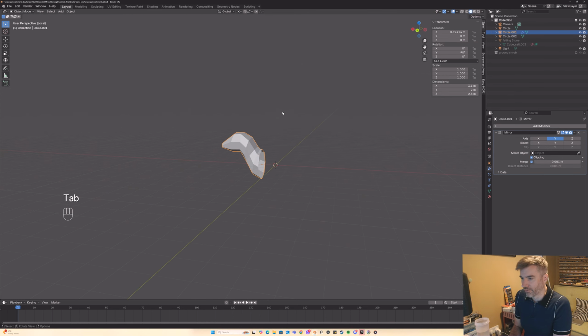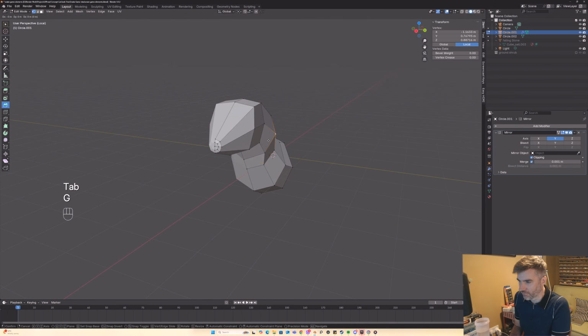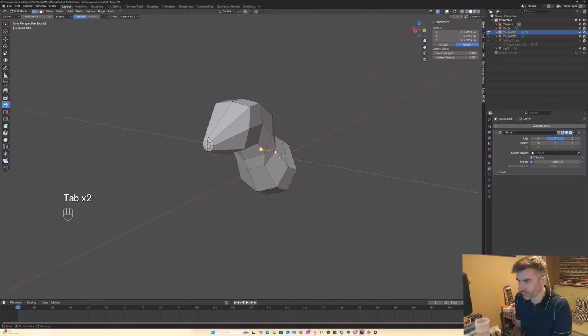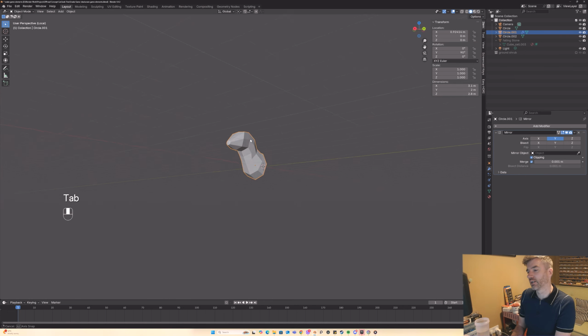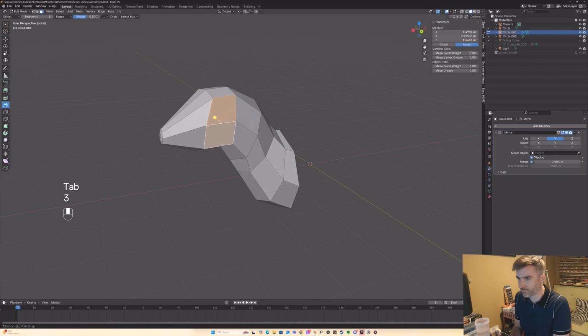And definitely the sensible thing to do would have been to get my reference and work on top of it. So I suggest that you find a nice 2D side view of a snake to work on. I think we're getting kind of the ballpark shape. And now I want to make an eye shape for it. So